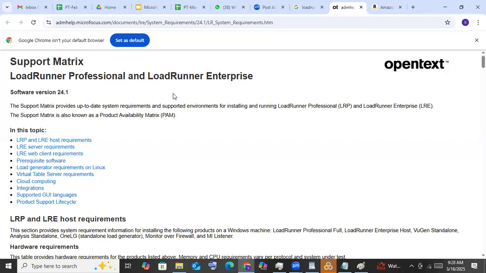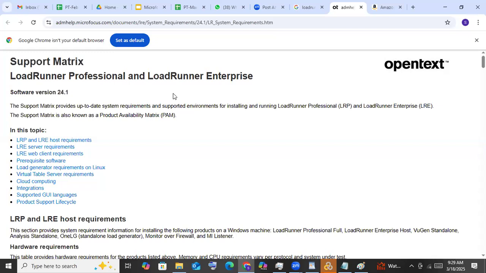Depending upon whether you have Windows 10 or Windows 11, and the kind of configuration of your machine, we would try to give you the LoadRunner 2022, 2024 or 2025 versions. If you have a very low configuration machine, this is the right time to upgrade. Before you upgrade, please contact me or Pawan, and we would give you some configuration